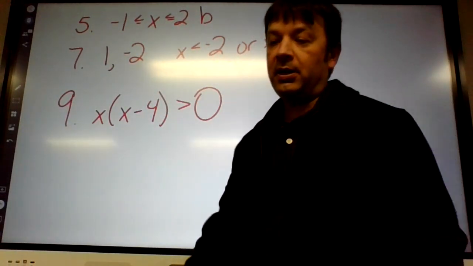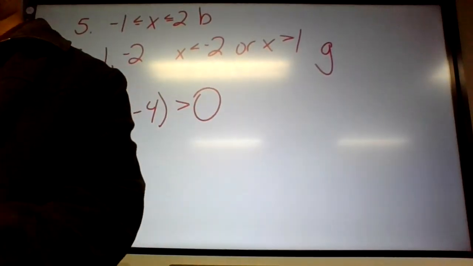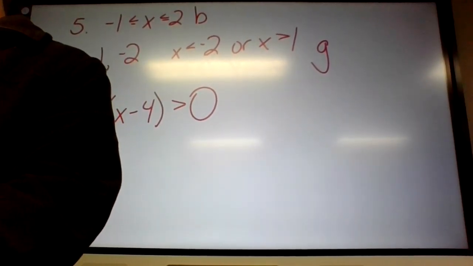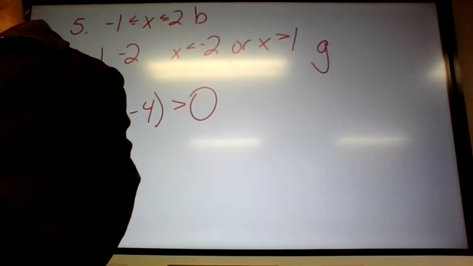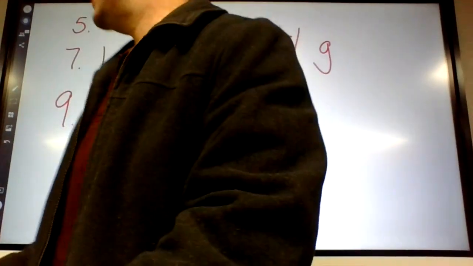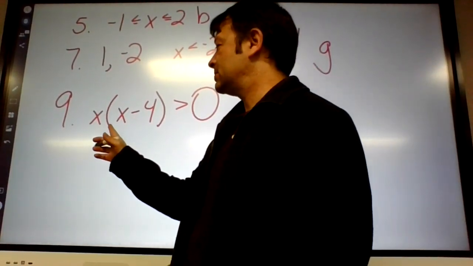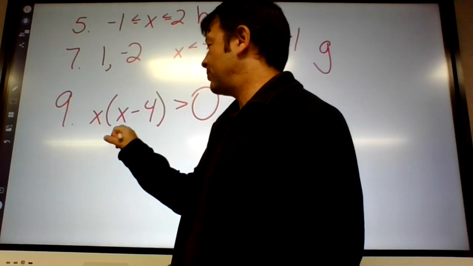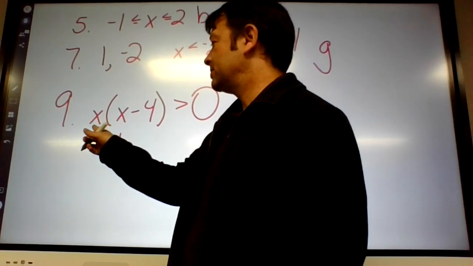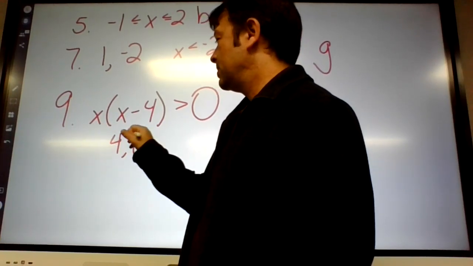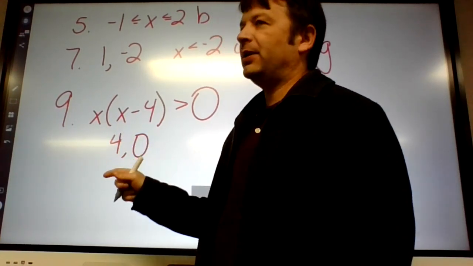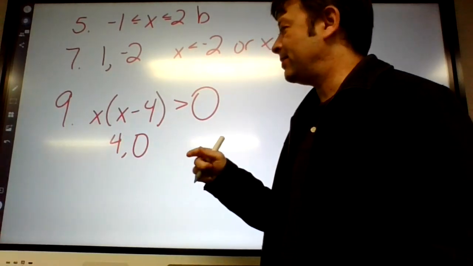On 9 through 14, we are solving and graphing all of these. The graphs are easy though. Okay, what are the two zeros of the function? Positive 4 and negative 1. Or 0. Okay, if it's greater than,